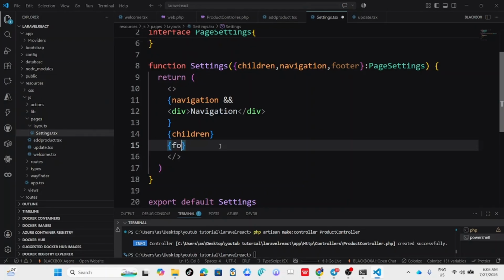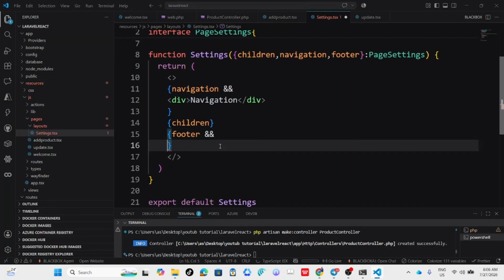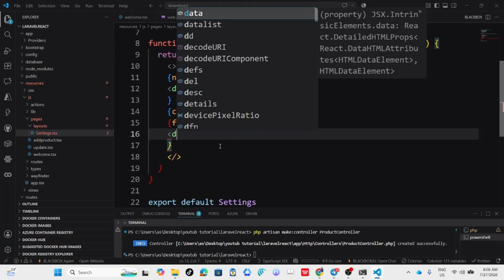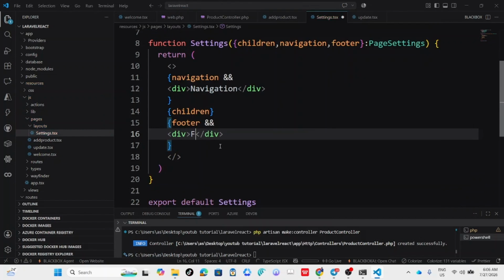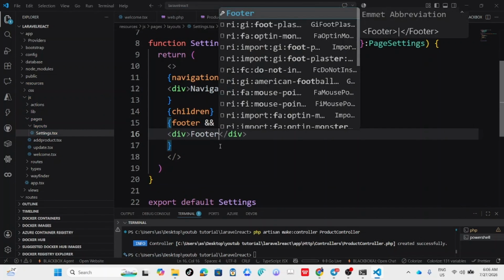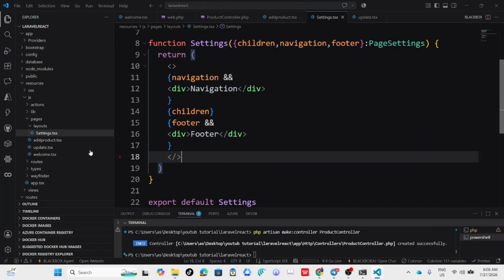We can also do the same with footer. If true, we can bring our footer. With this, you have made things easy to choose if your homepage, add to cart, checkout page, and about us, if you want to enable navigation or footer. It makes things very easy and simple for you. And we'll be using this on all our pages. So if you navigate to